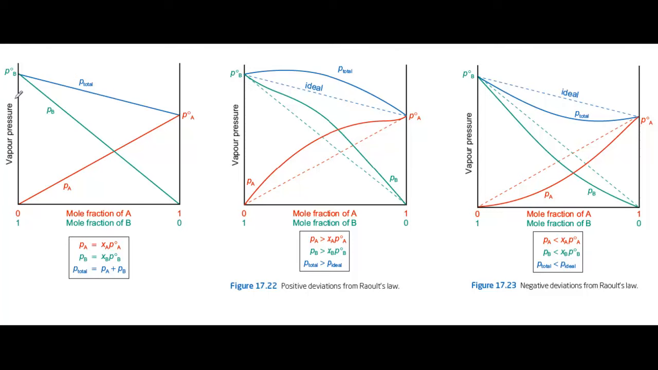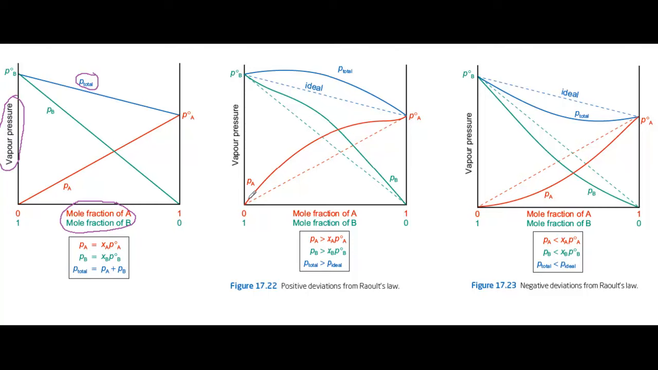These graphs show how the vapour pressures of two components A and B in a liquid mixture vary according to the composition of the mixture. This first graph represents an ideal mixture which obeys Raoult's law. It's a straight line relationship and the total vapour pressure is directly proportional to the mole fraction of A or